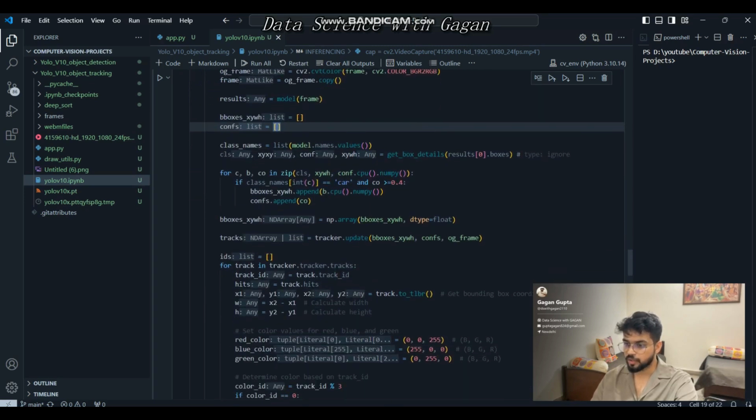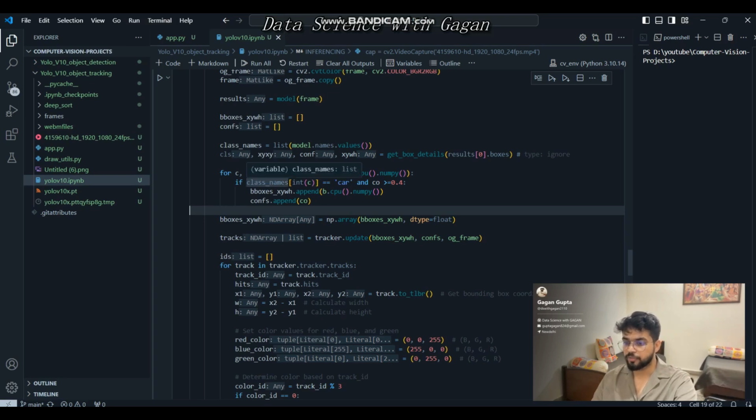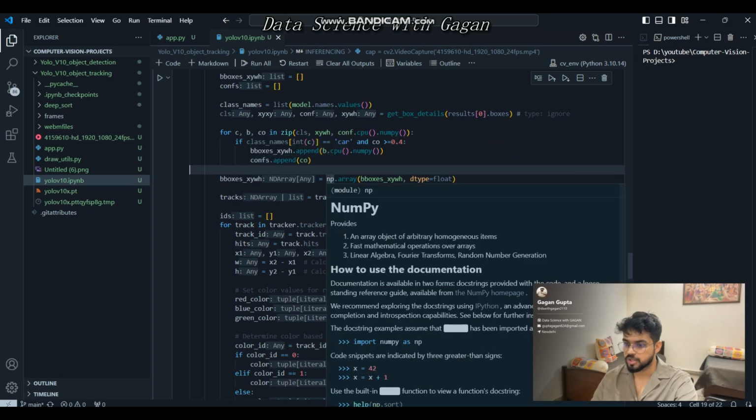Then we have put in a condition, as I told, that we are going to track one object at a time. Suppose for this case, I'm going to track a car in this video, and the confidence value should be more than 0.4. This condition I have put here. If the input matches this result, then only we will consider those things. And if it matches, then we go inside this condition and take those bounding boxes